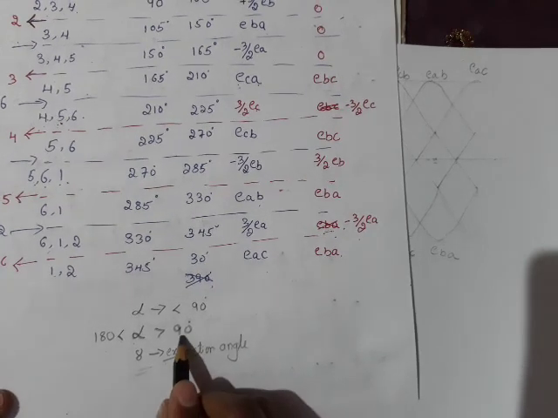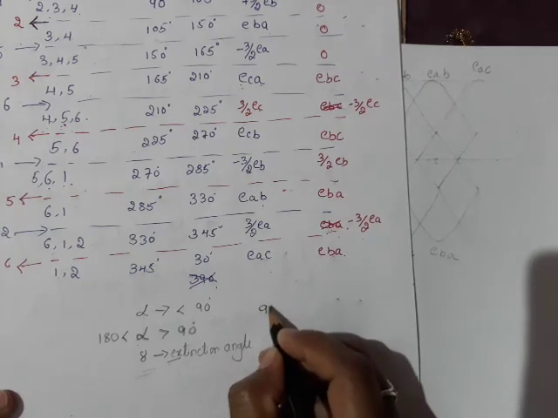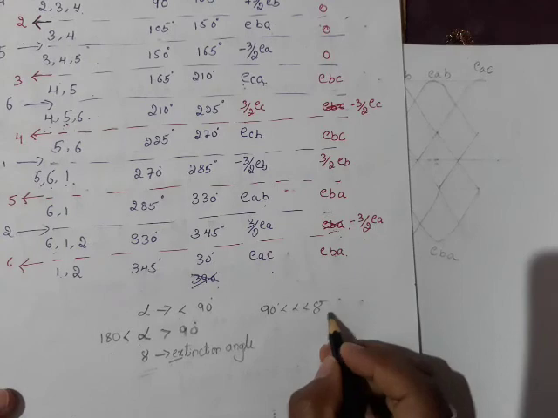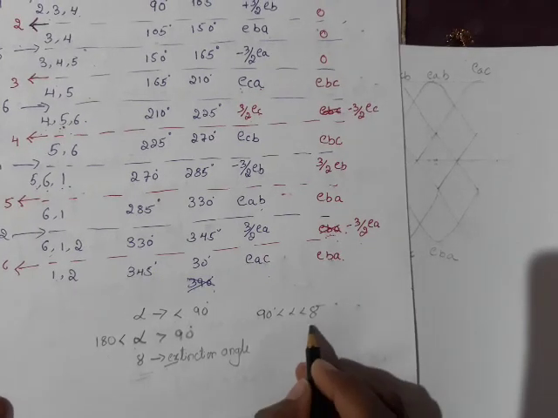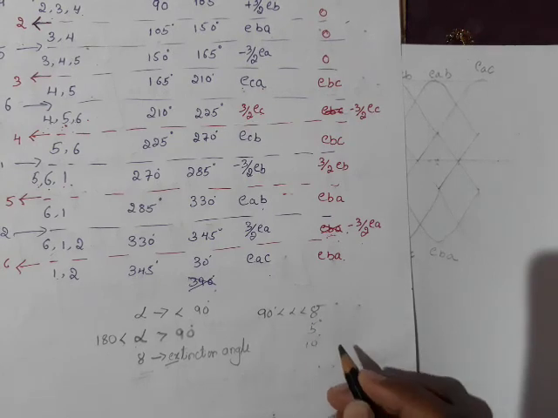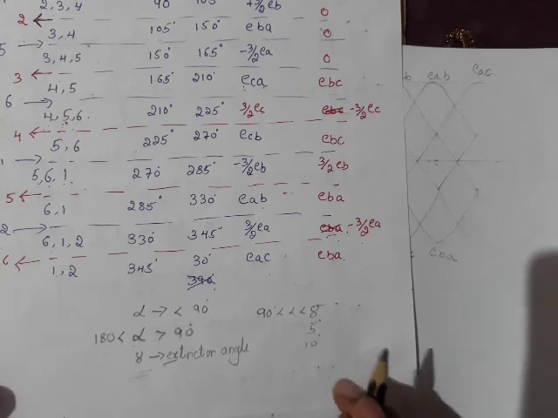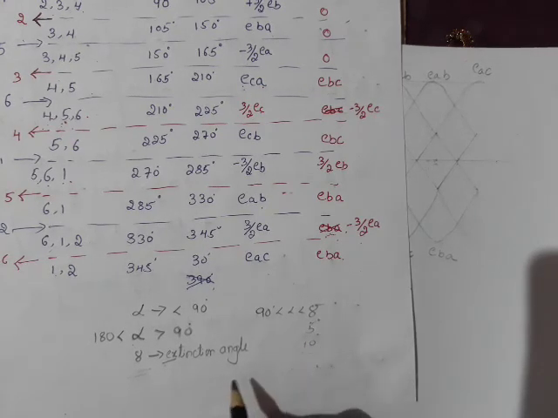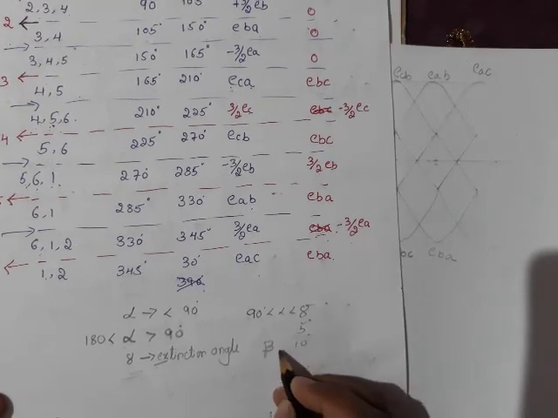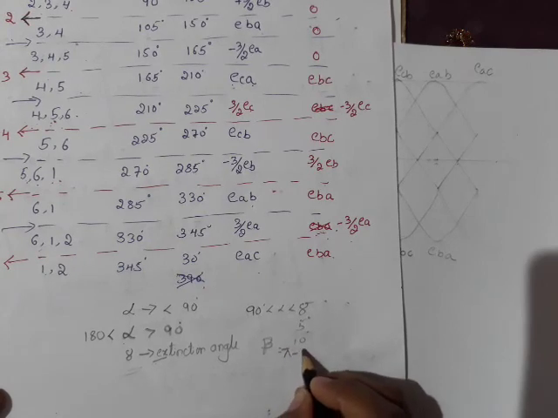So if we trigger alpha between 90 degree and the extinction angle, it should be less than 180 degree. We have to leave some extinction angle like 5 degree, 10 degree. That depends on the circuit, how much overlap angle it can offer. Based on that, first we calculate the extinction angle, later we calculate beta. So what is beta? Beta is the triggering angle for the inverter circuit, that is nothing but pi minus gamma.